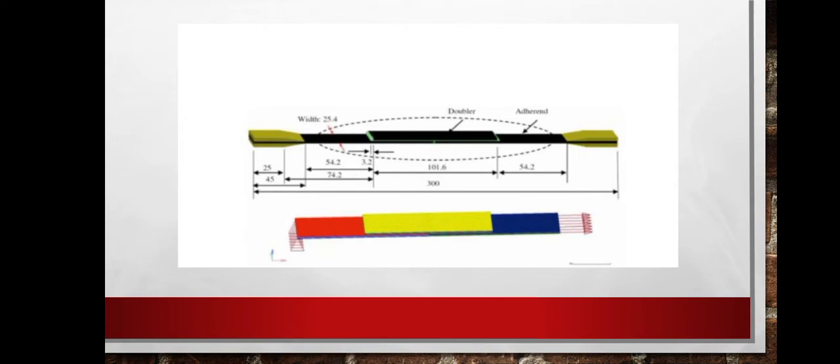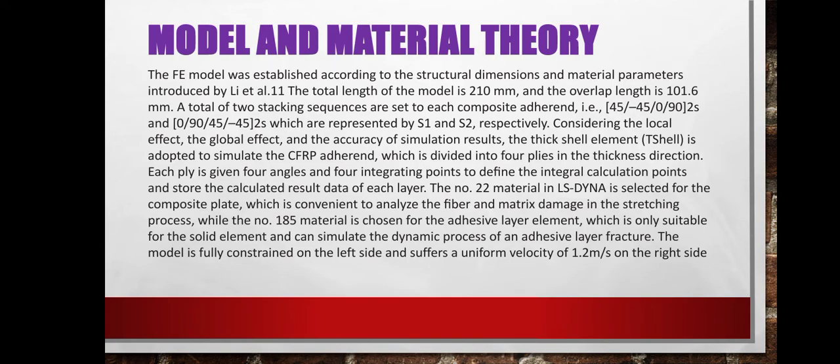This is the diagram for structure dimension. Model and material theory. The FE model was established according to the structural dimension material parameters introduced by Li et al. The total length of the model is 210 mm and the overlap length is 101.6 mm. A total of two stacking sequences are set to each composite adherent, which are represented by S1 and S2